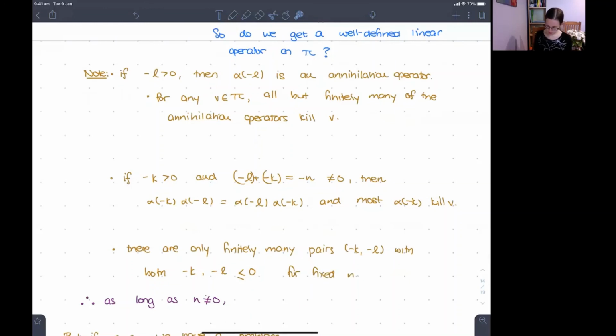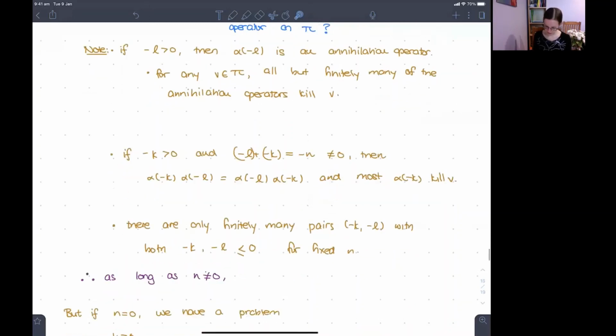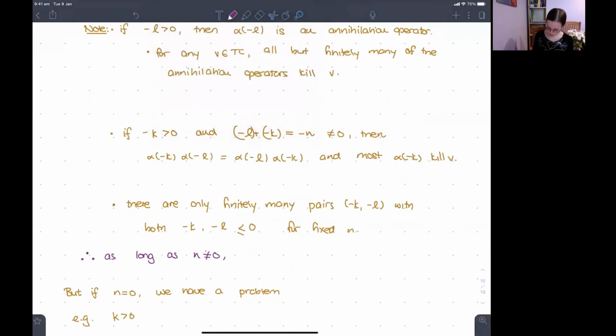So as long as n is not 0, then we only get finitely many terms here and finitely many terms here and finitely many terms here, and this covers all cases. So as long as n is not equal to 0, when we act by this sum, even though the sum has infinitely many terms in it, this is a finite sum. Okay. But if n is equal to 0, then we can't do this second step, and so we have a